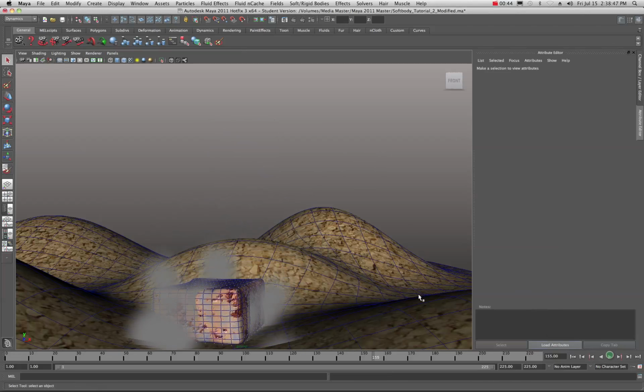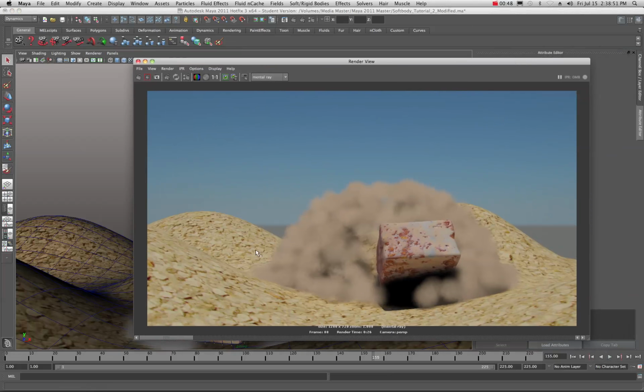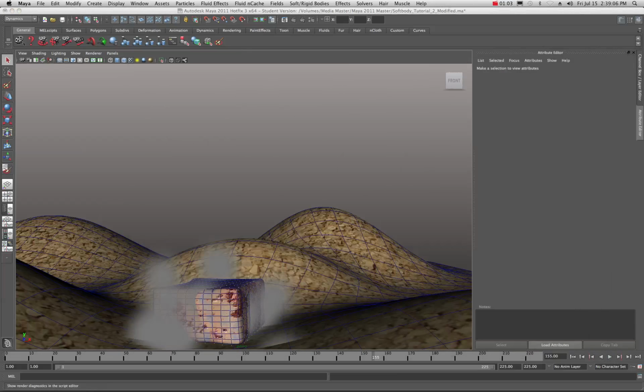So, yeah, I just attached some textures here. This kind of looks like oatmeal. This was just like a rust pattern, but anyway, you get the idea. It's something falling from the sky, hitting the ground. Now, this could be a model. It could be a car. It could be a piece of junk. I don't know. Whatever you want to make it, but anyway, you can make just about anything into a soft